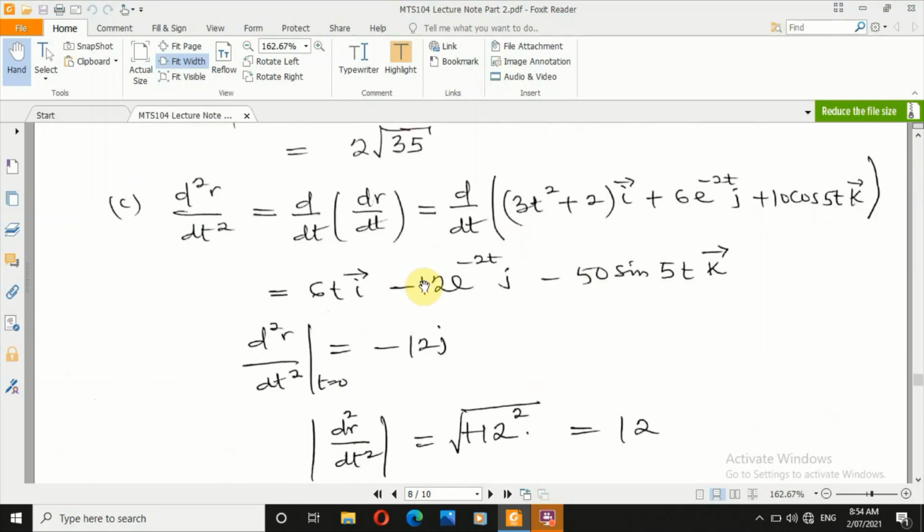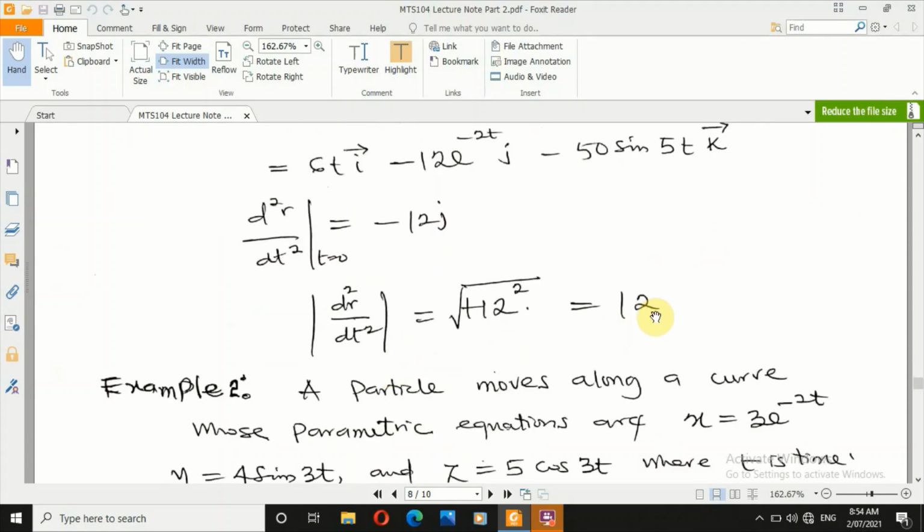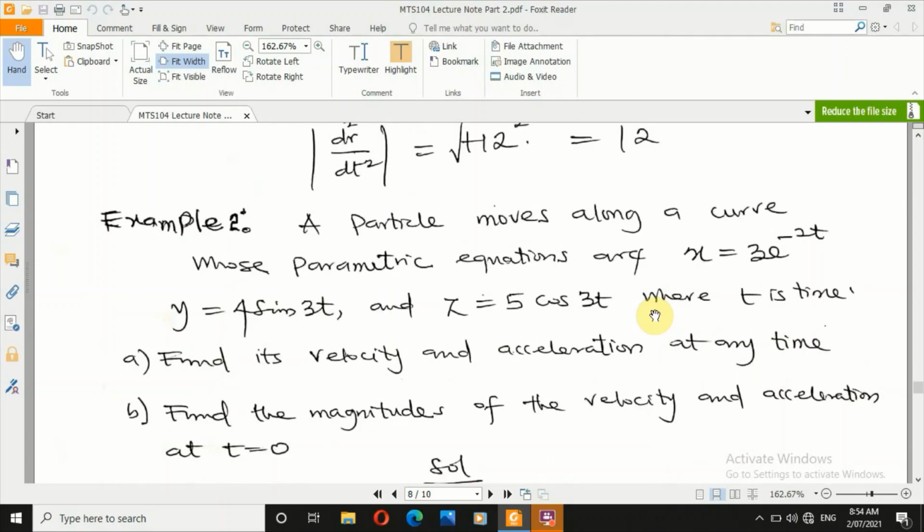We differentiate the second time. I'm telling you this, please try as much as possible to know how to differentiate functions. By the time you differentiate, let's find the magnitude of acceleration at t equals 0. When t equals 0, you see that sine 0 is 0, so it's only this one that remains. Meanwhile, exponential of minus 2 times 0 gives you 1, then you have minus 2. And what about the magnitude? It is 2.